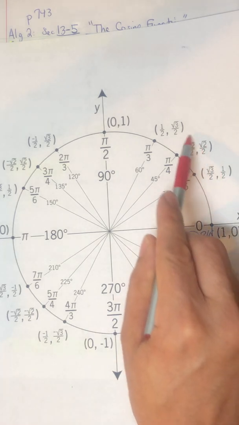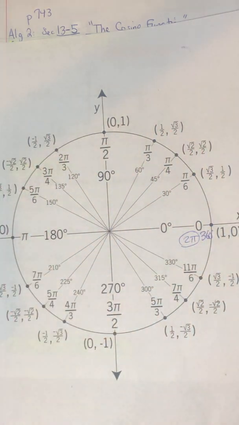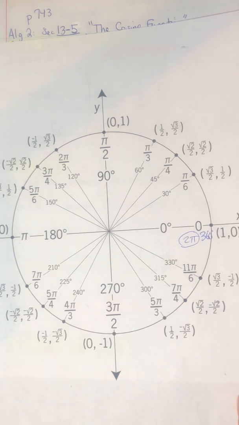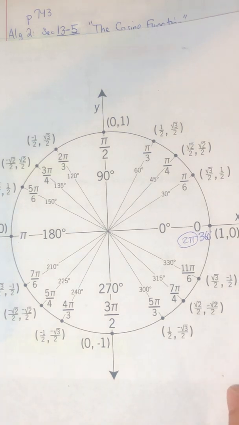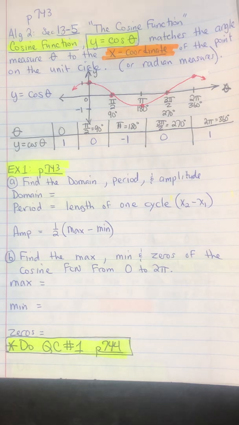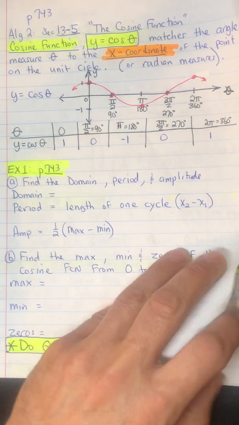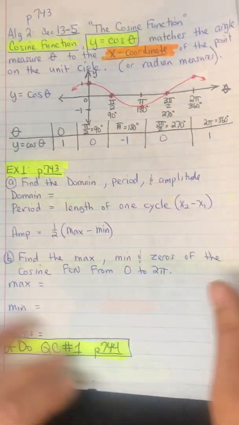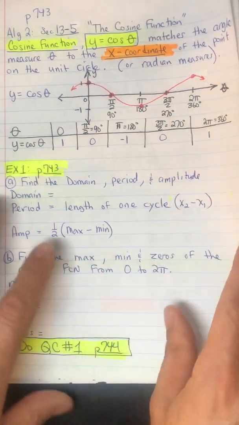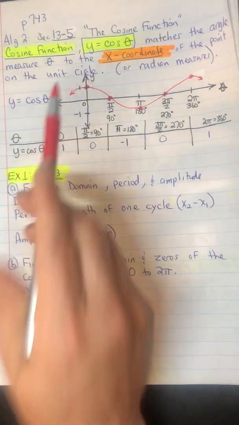The exact answers are here in these points, and then if you want the approximate answers, you just have to divide them and get the approximate answers in decimal form. But right now we're looking at the exact answers. So if we look over here, let's start example 1. Example 1 is asking us, given the cosine function, this is the parent function for the cosine, the difference between